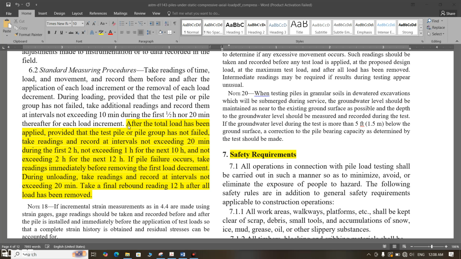In the worksheet, we will enter our observation of settlement in millimeters. After the total load has been applied, provide that the pile or pile group has not